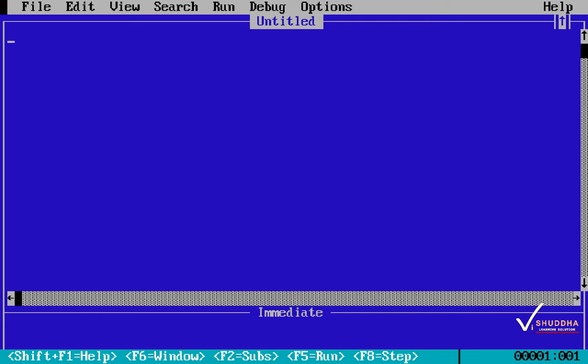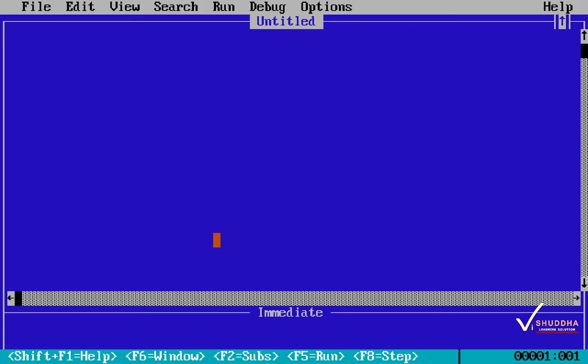Now let's see the different parts of this QBasic editor. On the top we have the menu bar. The menu bar is a list of commands categorized into different menus. This will help us work with QBasic programs. Below that there is a program window where you write, modify and execute your QBasic programs. By default, the name of the program is Untitled. When you save a program with some name, that name appears in place of this Untitled.